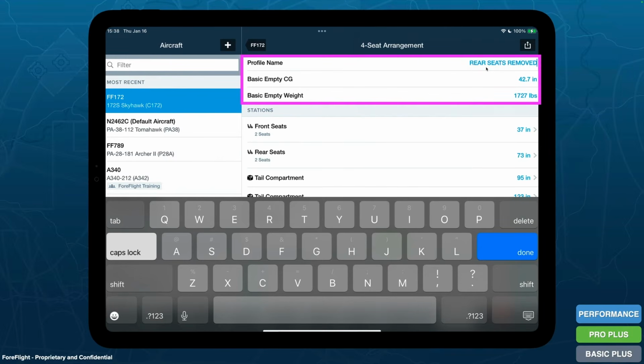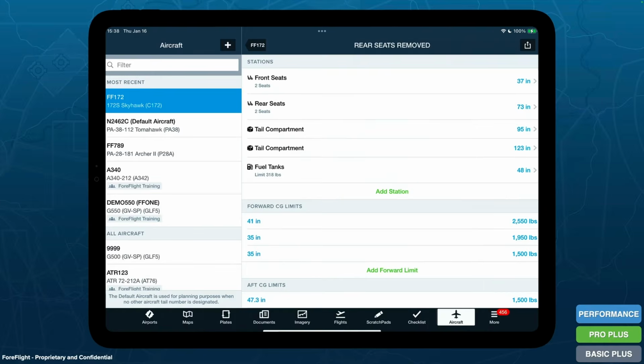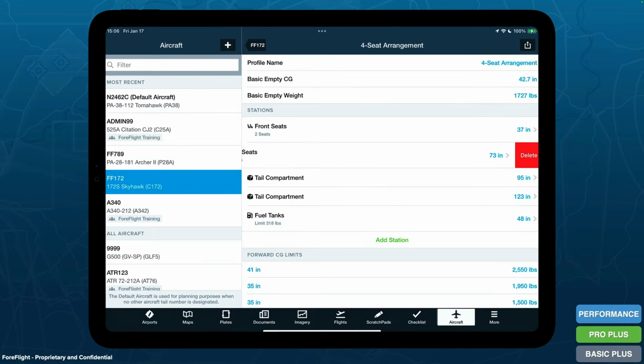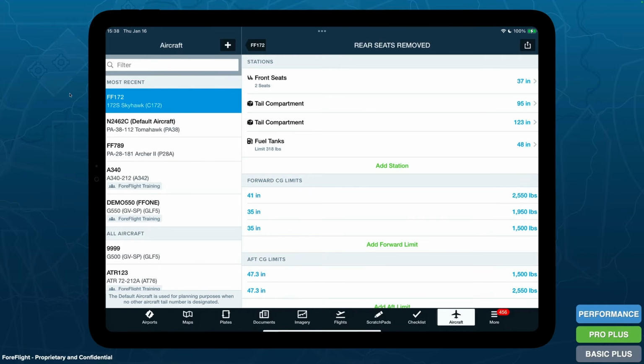At a minimum, I need to remove my seats and then adjust the basic empty weight to reflect that change. To remove any station, we're just going to swipe from right to left. If you do it all at once, it'll just delete it. If you do it halfway, you'll see a little delete button pop up. We'll go ahead and tap on delete. So those rear seats are now deleted, but I need to make some more adjustments to my